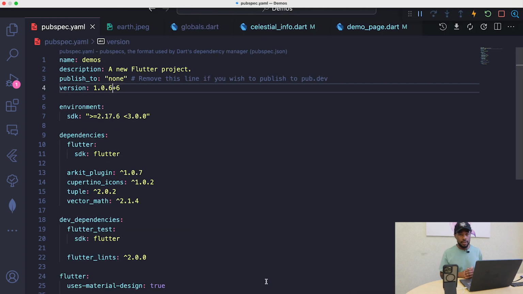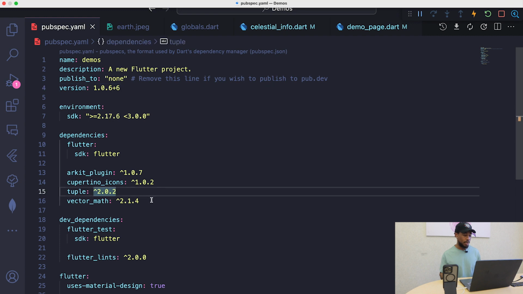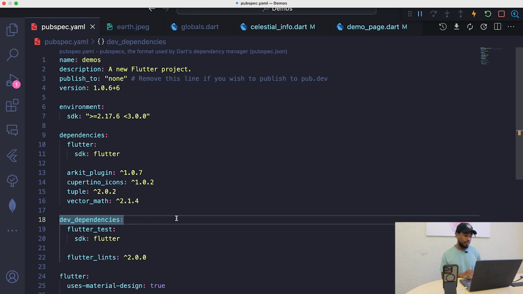All right, now I need to discuss some of the files that we're going to be using by default out of the gate, just some of the setup and configuration files. And those are, first, the pubspec.yaml file. This is pretty much the motherboard or holy grail of dependencies and where you need to put them for whatever your Flutter app needs. And I'm going to be using the ARKit plugin version 1.0.7, as well as Cupertino icons version 1.0.2,